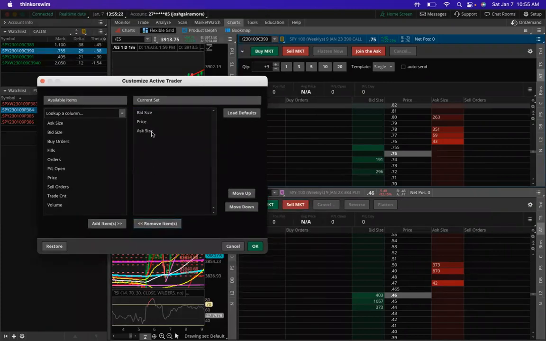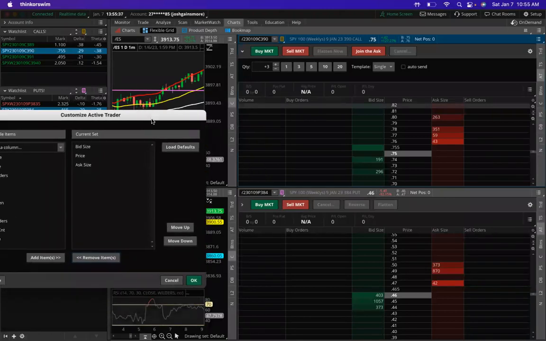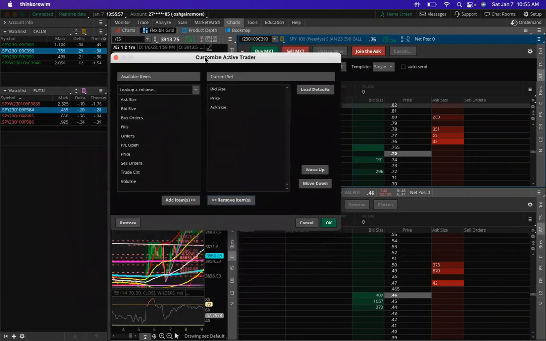Volume, you don't really need. I mean, volume's tricky. Sometimes it's good. What volume allows you to do is it shows up right here in these blue bars. Sometimes it's nice to see where there is a lot of volume. So let's say I'm in this contract and I see that there's a lot of selling volume right here where people are going to get out of this contract. So I might look to maybe get out of that contract by there, but it's not something I really use. So for now, we're just going to take that off, and then